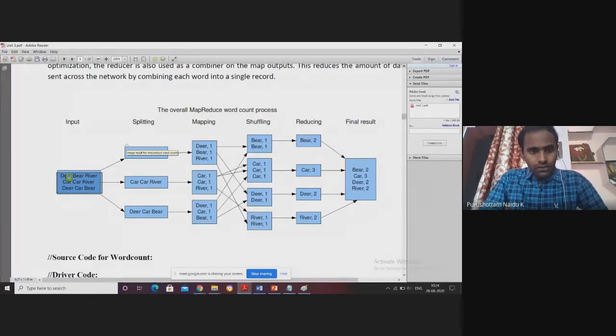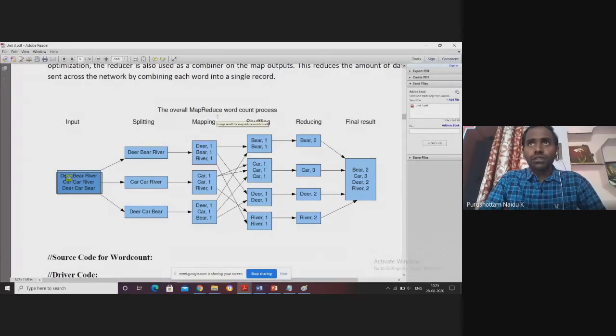Is it clear? So splitting the data into blocks and assigning the number of maps to the entire text file is taken care of by Hadoop itself only. Clear? And also, once we get the output of the map function, to perform the shuffling and sorting, here also we no need to write logic. That is also the responsibility of Hadoop itself only. Clear?